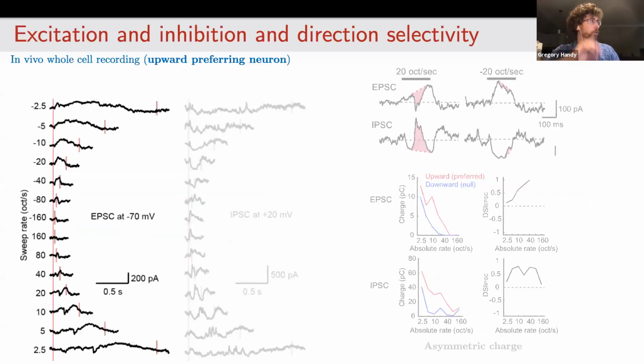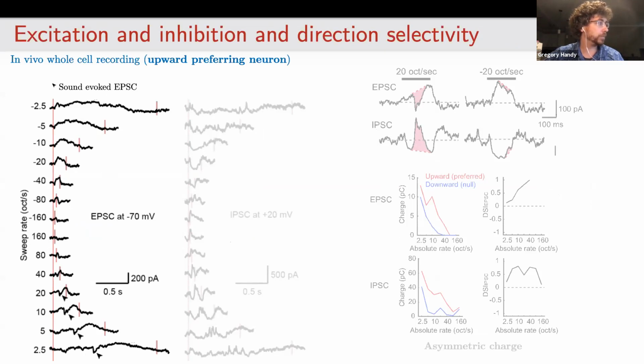We can take a closer look. So this is now a whole cell recording from an upward preferring neuron. We're fixing voltage at -70 and recording the excitatory currents into the cell. What we see, again, is that this is an upward preferring neuron, and if we take a close look here, we have these very fast excitatory responses that arise in the